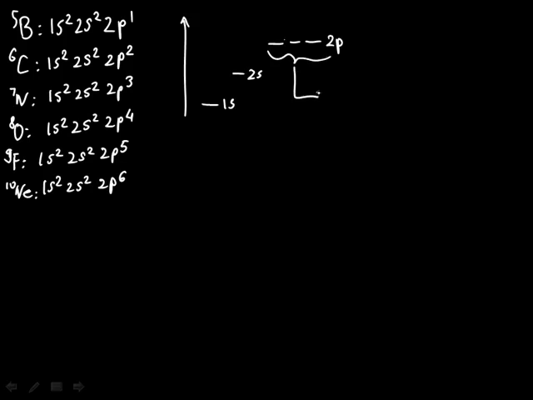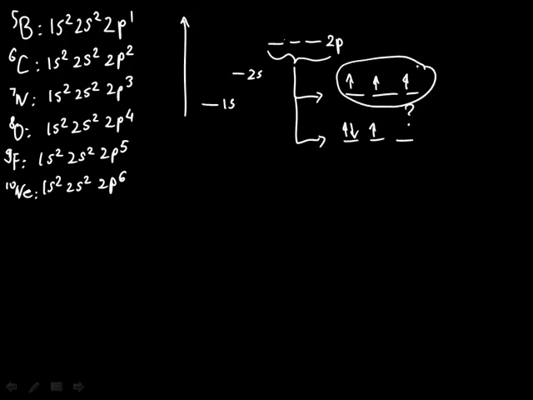So here we can have two different arrangements. If we have, for example, 3 electrons, we can put them up this way. Or we can pair 2 of them and then leave one of them unpaired. So which one is it going to be? Turns out that this is the preferred electronic configuration, and this is defined by Hund's rule,